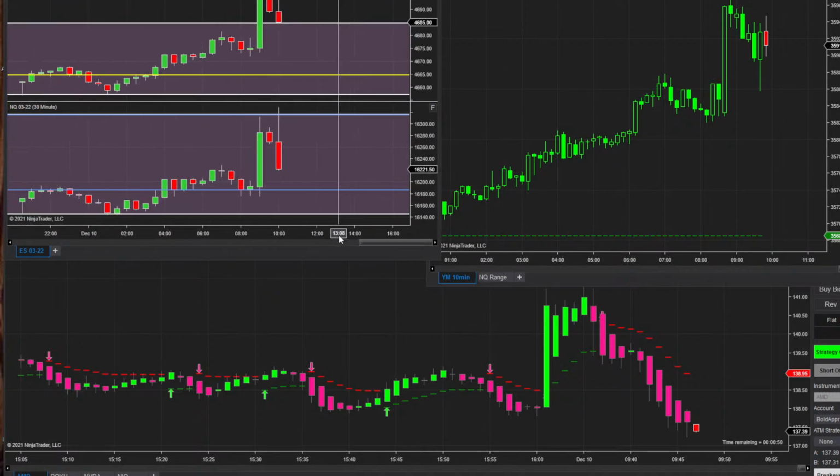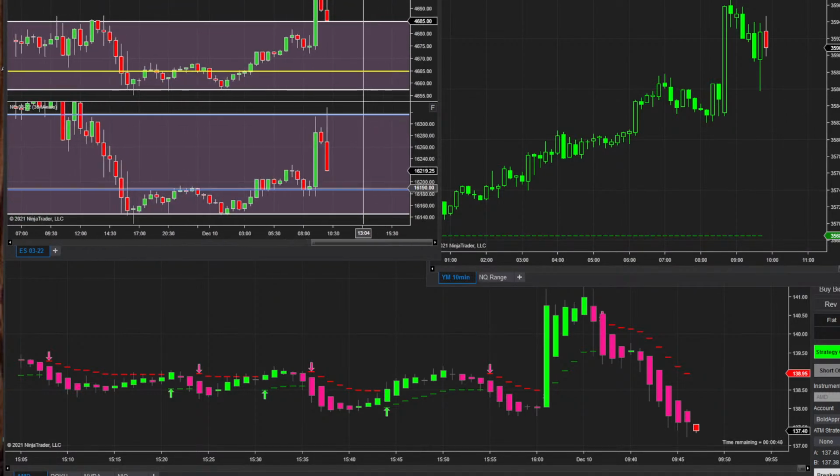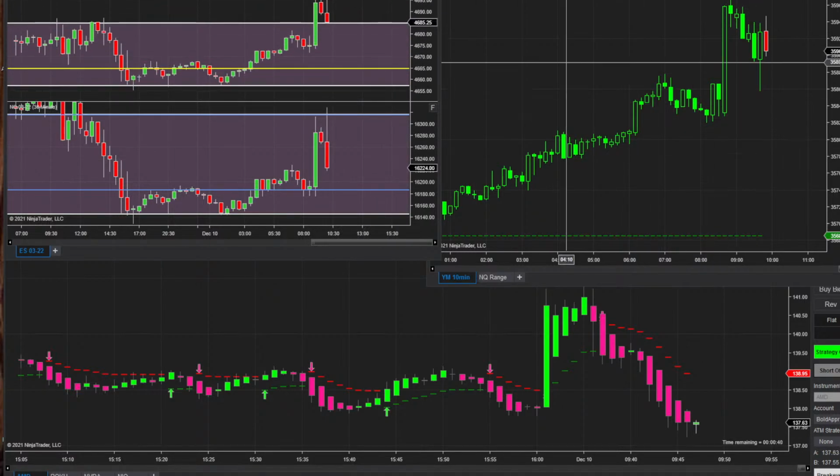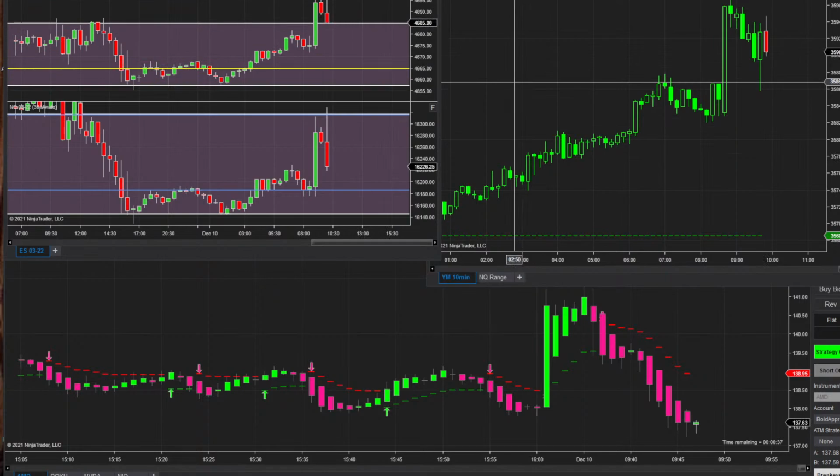I don't know what's going on here with NQ. We had kind of like this fake green to red move. ES is still above the zone. It's coming back to touch now. See if we can get a retest and move higher.